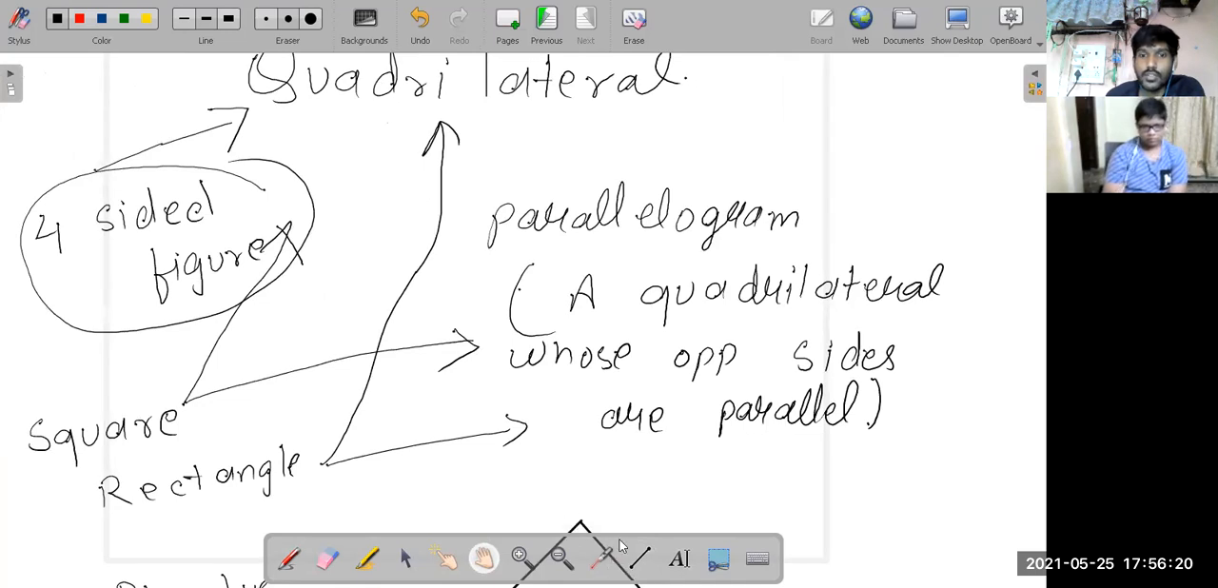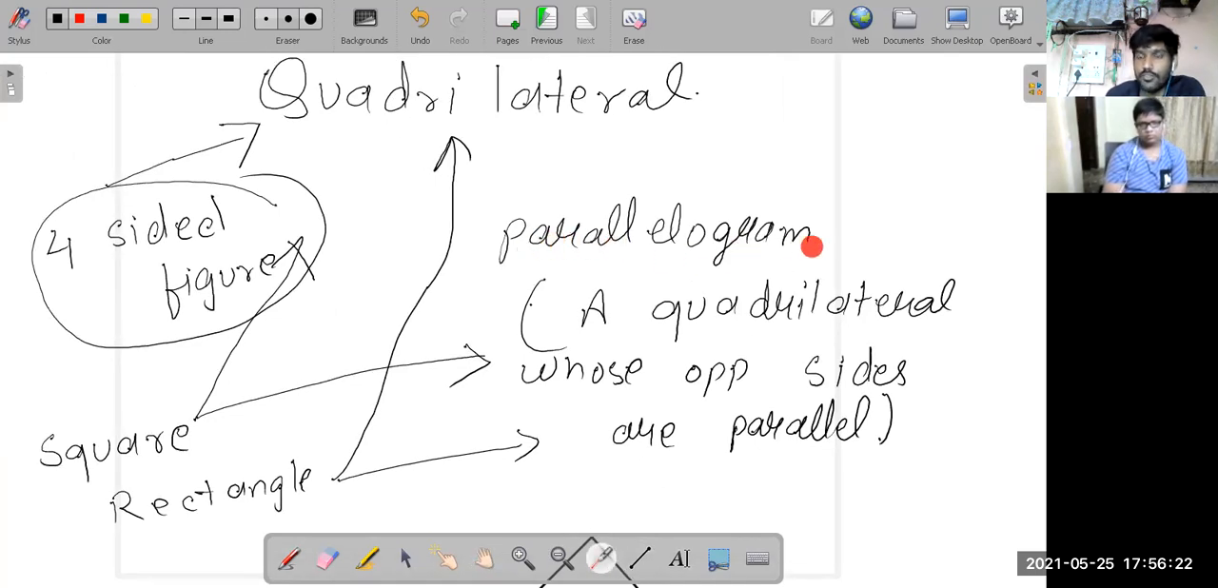Now, one thing to remember in the definition of parallelogram: a quadrilateral whose opposite sides are parallel is a parallelogram. That means all parallelograms are quadrilaterals. Correct? All parallelograms are quadrilaterals. But can all quadrilaterals be a parallelogram? No, sir, it cannot be. And a very good example is